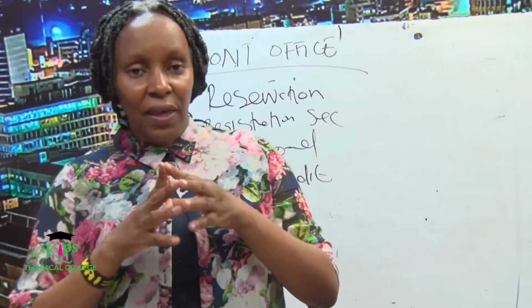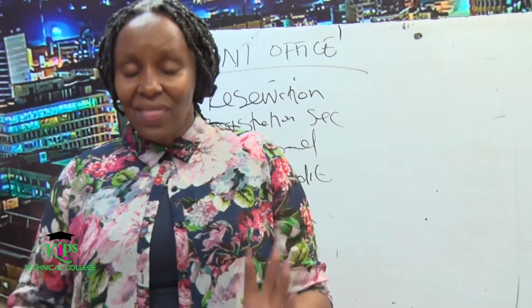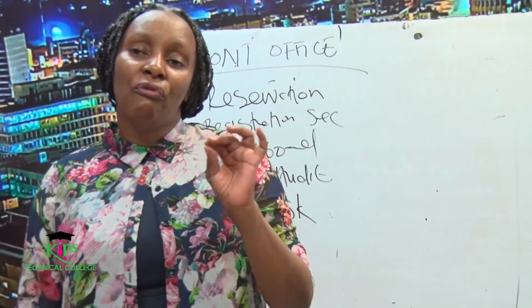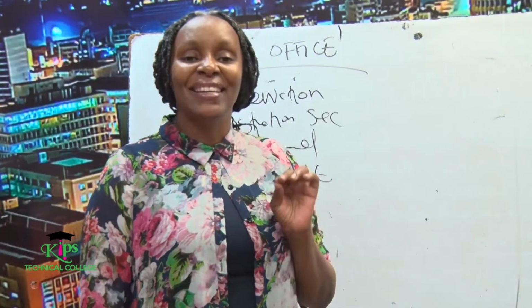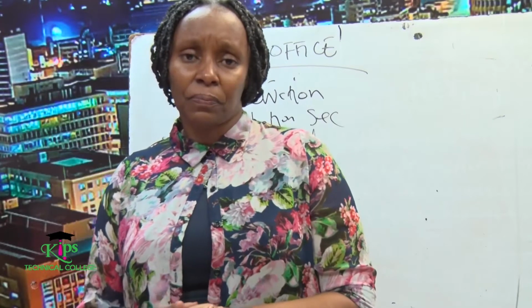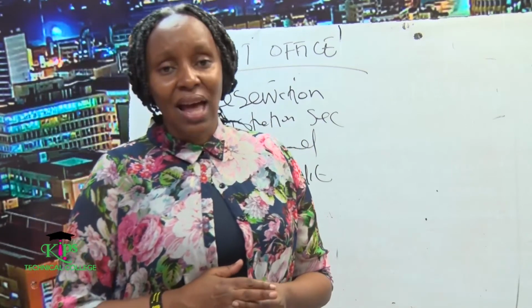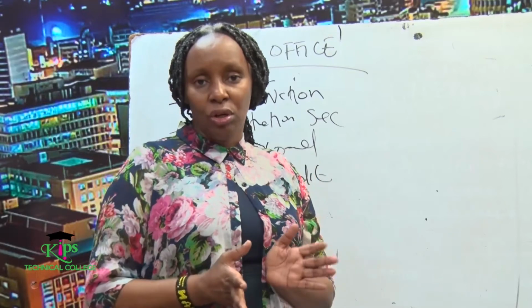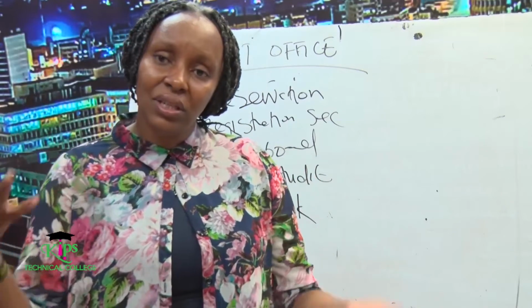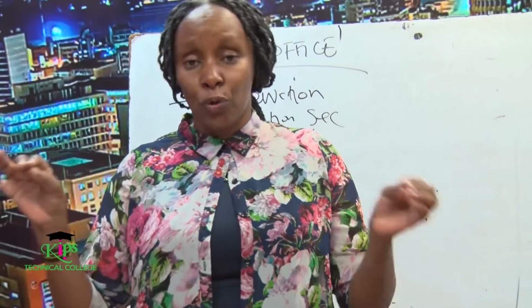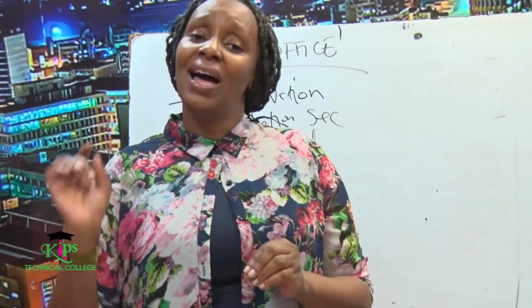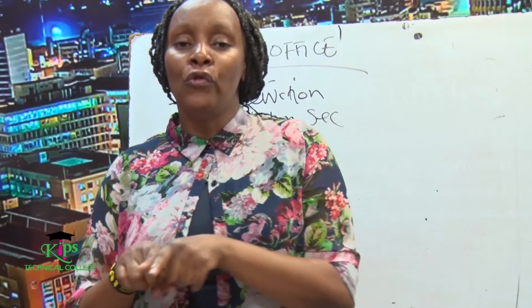So we have something in an organization that we call the front office organization chart. Now, the front office organization chart is designed to give information about how different departments or the small subsections are correlated,